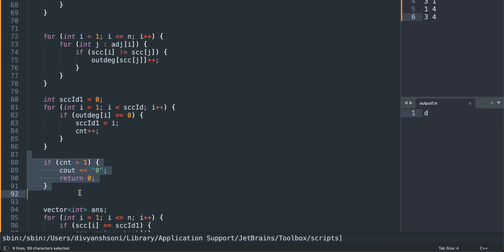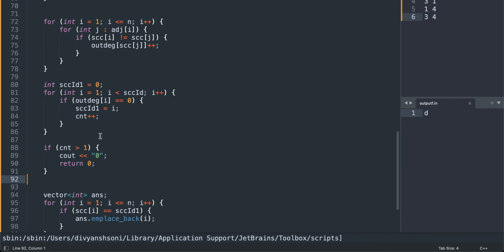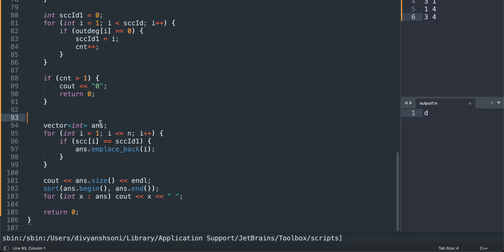So if the count is greater than 1, that is, if there are more than one sink nodes, that means one of them or both of them cannot be visited from any of the others. Yeah, both of them cannot be the candidates for a capital city. That means yep, it is 0. You can return 0. Otherwise we need to find all those cities which have their SCC as this ID. Okay, so if we have the answer, the number of cities is this one. Go sort it and print that city. Yep,